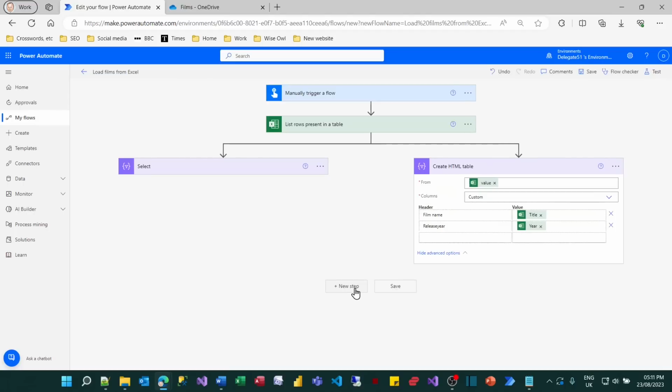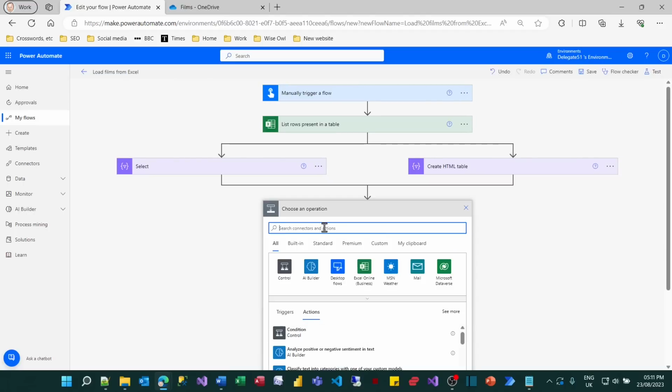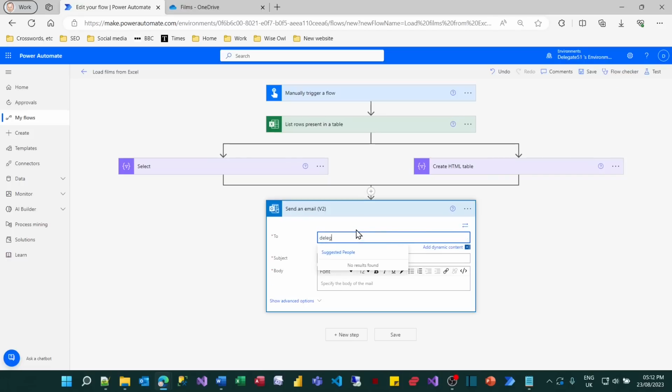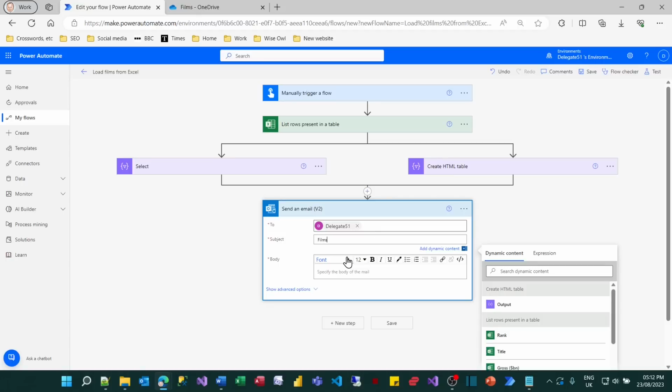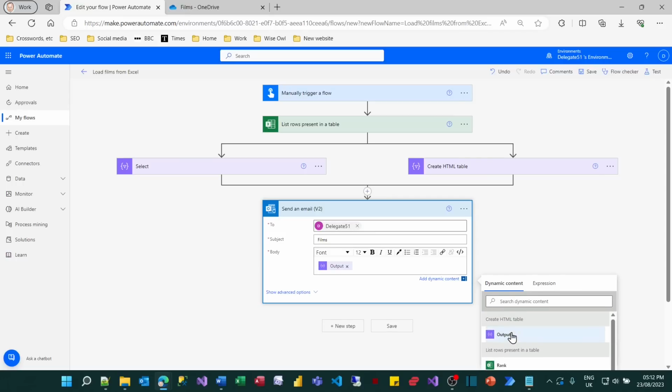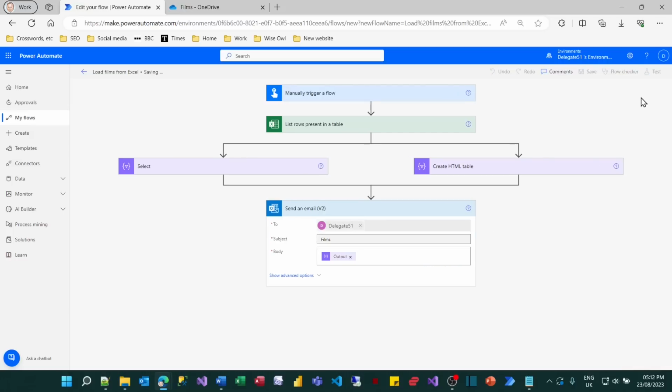Now what I could do is pick up on this output and email it to myself, for example. What I'm going to do is choose to create a new step underneath both these two actions to send an email. And I will send it inevitably to myself. And the subject will be films, and the body of the text could be the output, either from the HTML table or from the other select statement. So I'm going to choose the output from the HTML table. And then if I save that, and if I run this one more time,